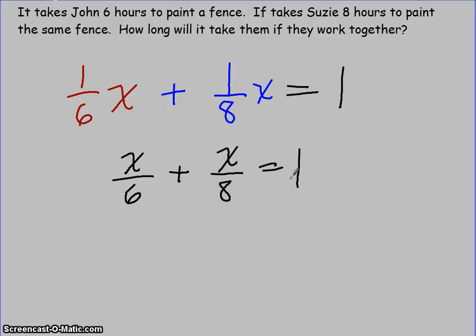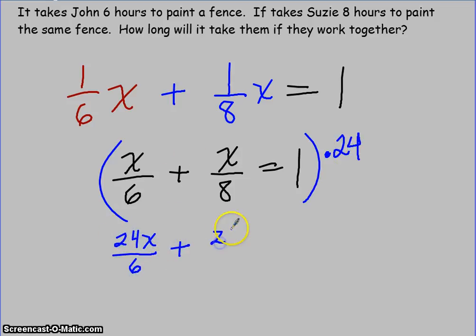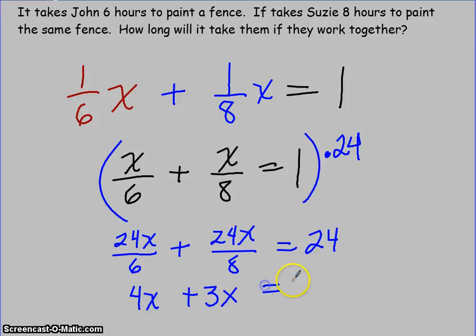And how do we solve this problem? Well, when we have an equation with fractions, we clear our fractions. So we're going to clear our fractions by multiplying the whole thing by a common denominator. We'll use the least common denominator, which in this case is, well, 6 times 8 is 48. That's not the least. So the least common denominator will be 24. Now you can use 48, it'll work just fine, but I'm going to use 24. We'll distribute. We get 24x over 6 plus 24x over 8 equals 1 times 24, or 24. This becomes 4x plus 3x equals 24. And so 7x equals 24. And x is 24 over 7,